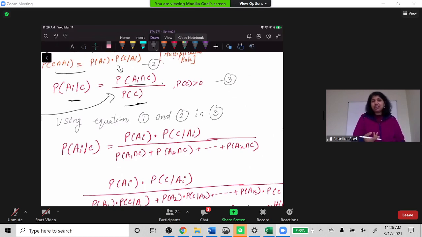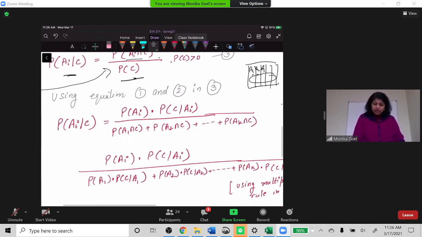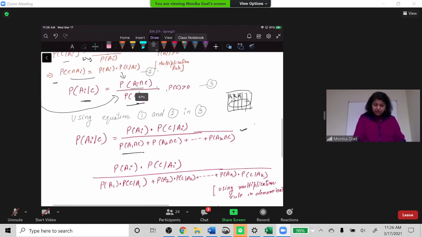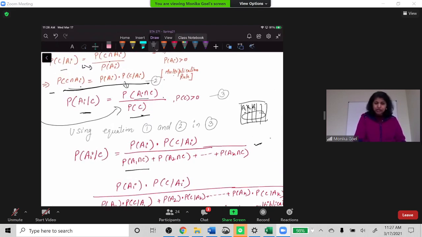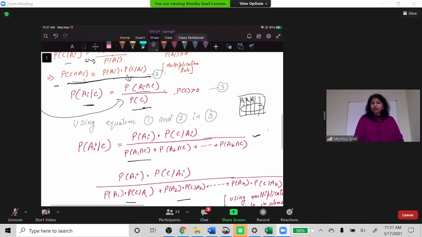And again, I'm mentioning AI, and I can be 1, 2, and so on. So I can be 1 if I'm just looking for the probability of A1 with C, or 2 with C, or 3 with C. So this I will be replaced with wherever you have that in the question. Once you have this part, you know A1 intersection C, and we have just done it here. If I put 1 here instead of I, it's probability of A1 times probability of C given A1. So that is replaced here, here, and up till AK.